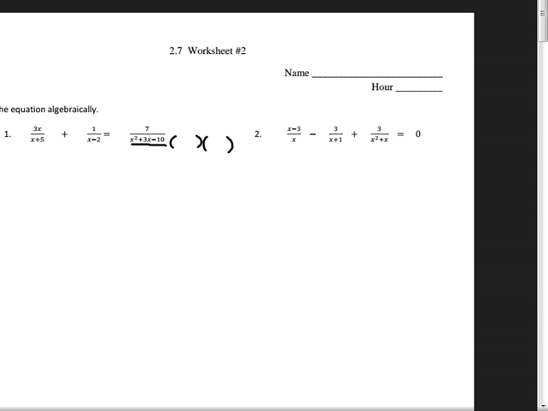I bet you anything, it factors to those two things, that and that. Let's see if it really does. I really don't know the answer, but I assume it probably does. Let me see if x plus 5 and x minus 2 would work. First, outside, inside, last. First would be x squared. Outside and inside would make plus 3x, and the last would make negative 10. There it is. Now do you get why? Because now I can multiply everything by